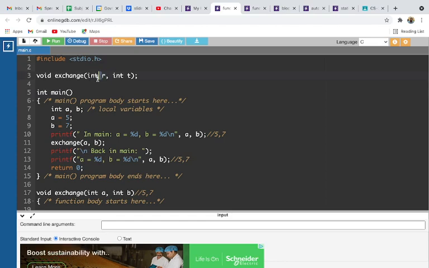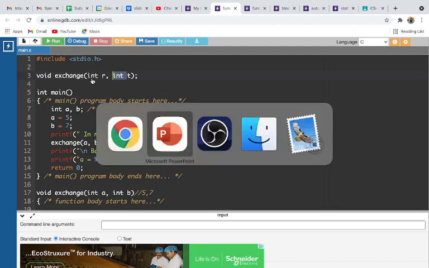The R and T we are declaring in that prototype, and the scope of R and T ends here itself. It is not visible outside. It is limited to that prototype declaration only. So outside this, R and T won't be visible.